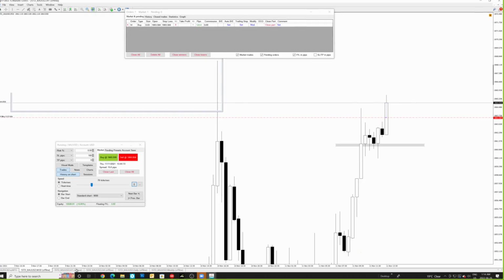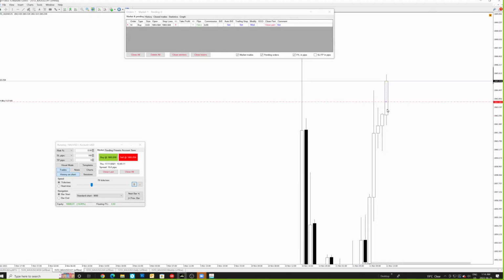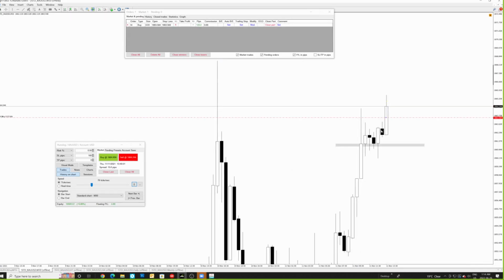The 1 hour candle also made sense, right? For it to break its own high to go up. The reason why we didn't execute on this 30-minute candle, which was the start of the 1 hour candle, was because the previous candle closed with no wick on the top. That's the only reason why we didn't execute on that. But other than that,